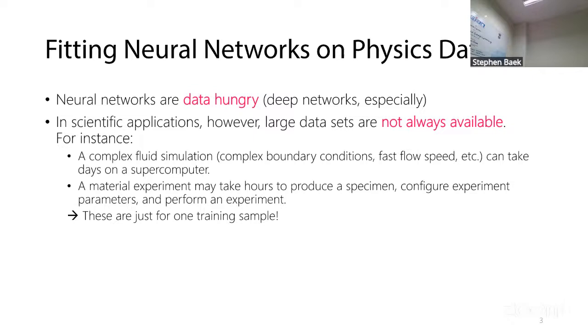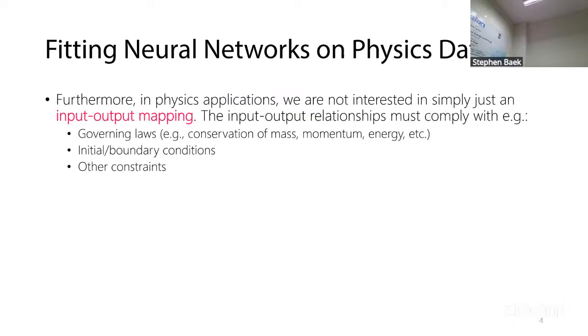So data is not necessarily cheap in the applications that we're considering. That's one of the problems that I want to point out, and that's what creates the gap between neural networks, which are mostly developed in the field of computer vision and medical imaging, versus